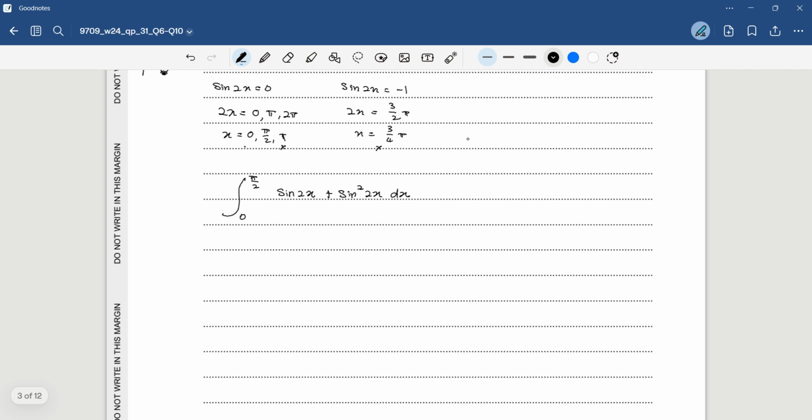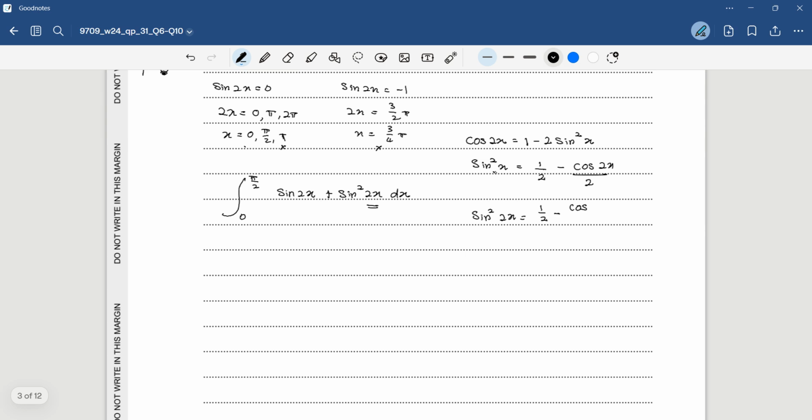If you still remember, cos 2x is equal to 1 minus 2 sine square x. Therefore, rearranging, sine square x will be 1 over 2 minus cos 2x over 2. But here it is 2x, therefore sine square 2x will be 1 over 2 minus